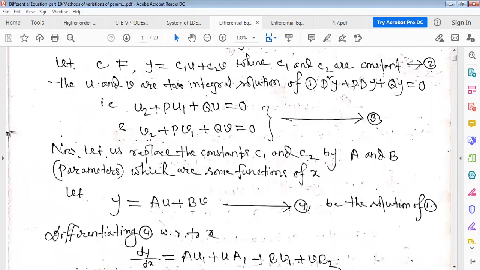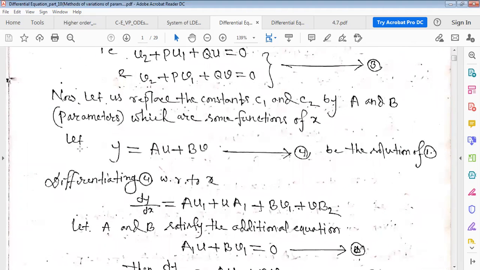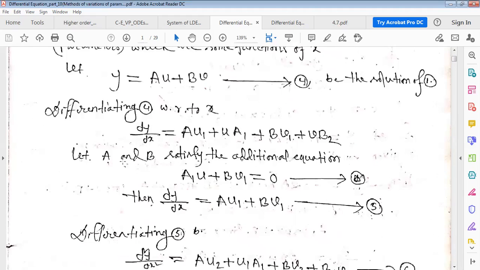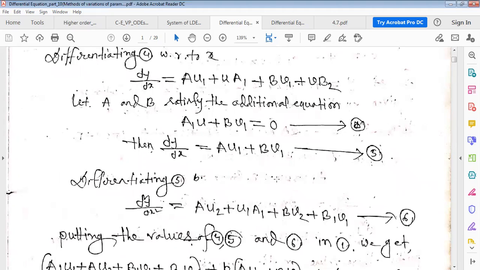Now let us replace the constants c1 and c2 by other parameters A and B, which are functions of x. So consider y equals A u plus B v as the general solution of equation 1. Now differentiating equation 4, we get dy/dx equals this. Then A and B satisfy the additional condition that this one equals 0, that is A' u plus B' v equals 0. Then u times A' plus v times B' will be dy/dx. Now differentiating again equation 5,